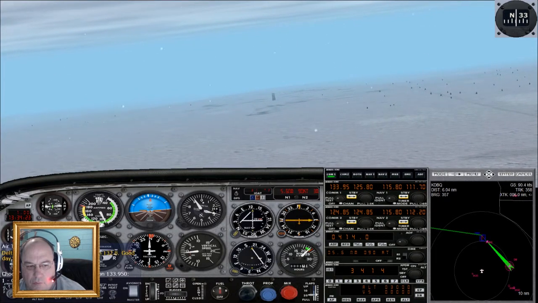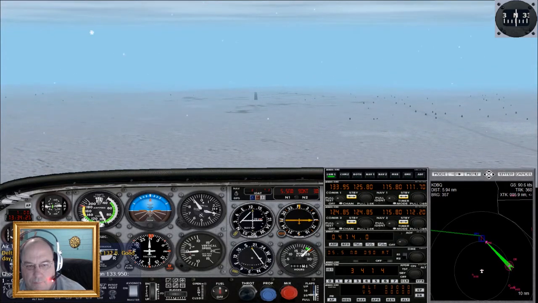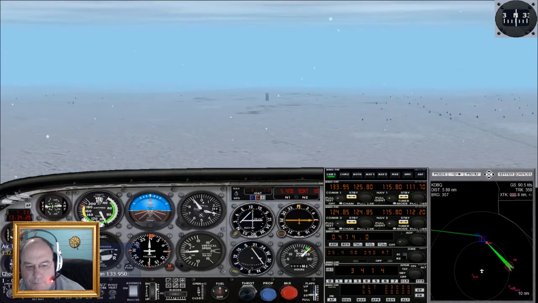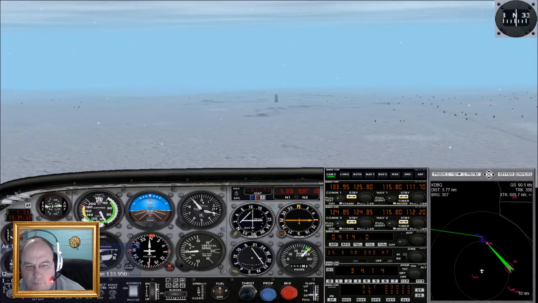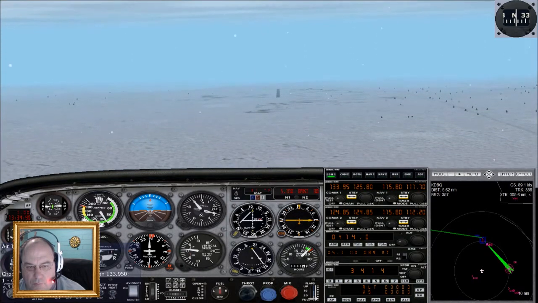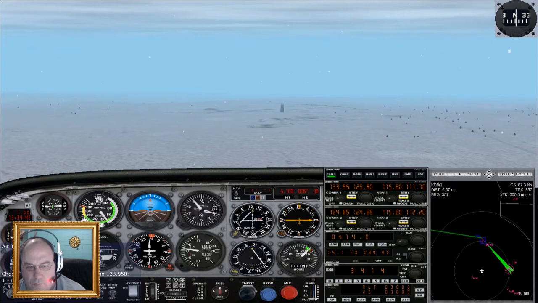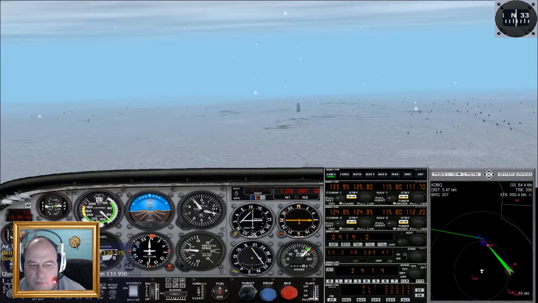Delta 90742, contact Chicago Center on 132.8, good day. 132.8, Delta 90742, good day. 118.75, for US Air 7568, good day. Delta 8854, contact Chicago Center on